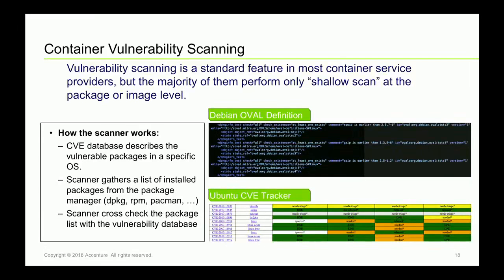And sometimes it is as shaky as a regular expression, right? They tokenize the entry into the package manager list of files that are installed, extract the package name and version, and based on that, match it with an OVAL definition. It doesn't take a genius to understand that these kinds of tests are not very accurate. If you've installed something outside of your package manager, it's not going to be listed there. If you change the file, or if you don't have the same file that is described in the OVAL definition, again, it's going to fail.